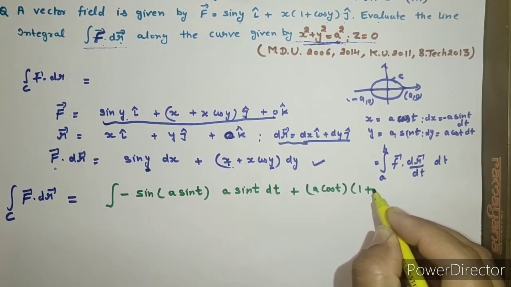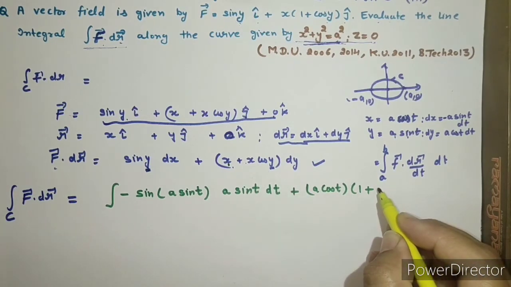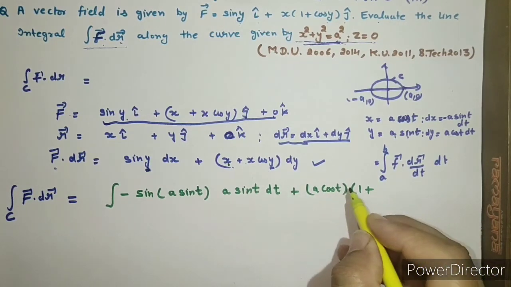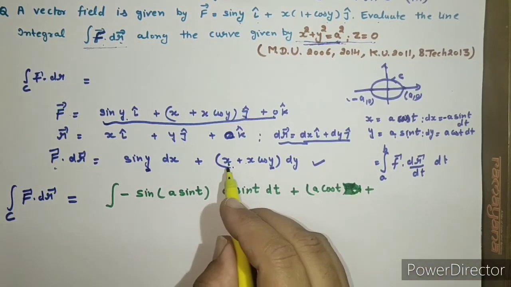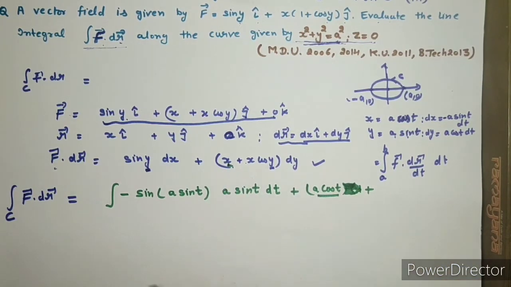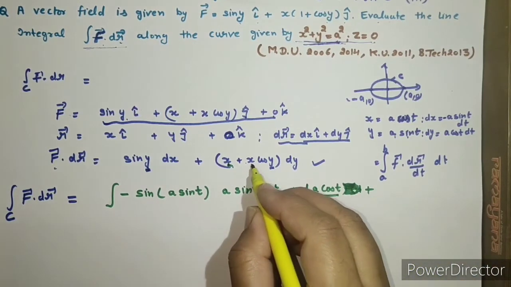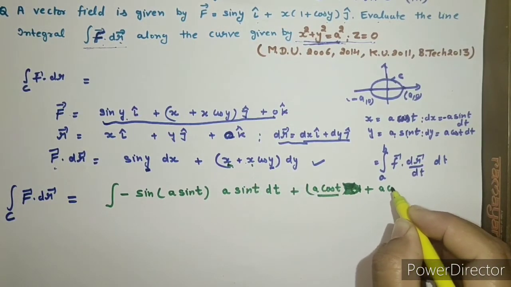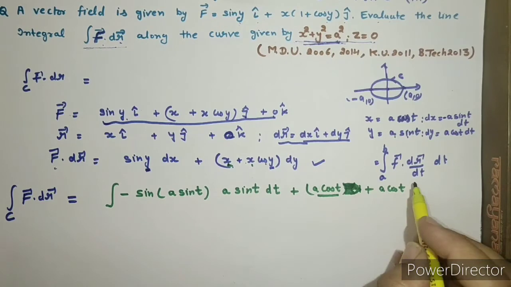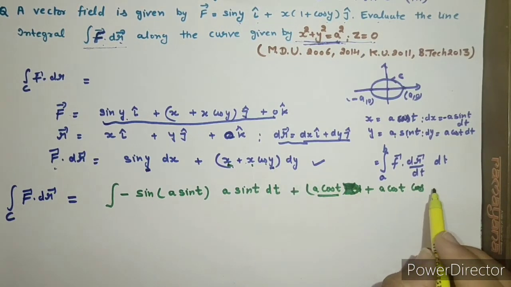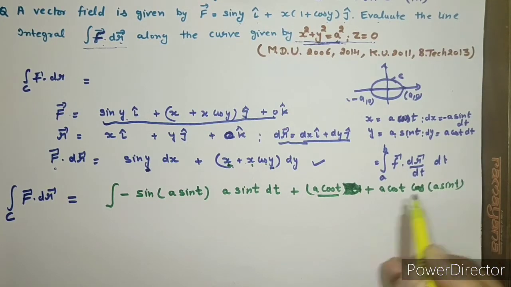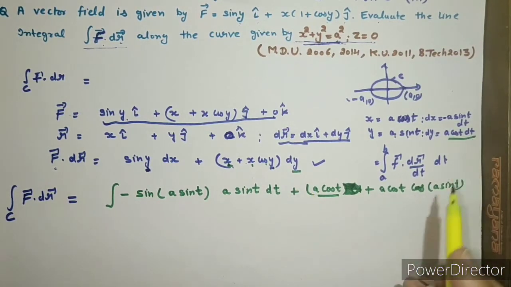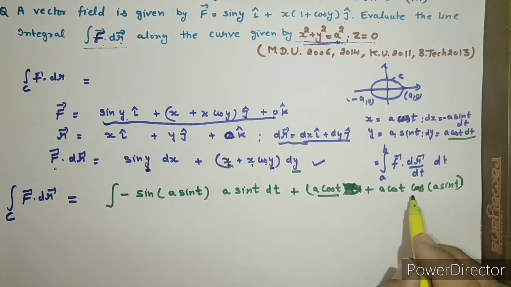तो this is 1 plus, ये क्या है आपका, आप चाहो तो multiply ऐसे कर लो, it's your choice, जैसा आपको ठीक लगे। जैसे आपने यहाँ x put किया तो ठीक है, x की value क्या है, a cos t, तो यहाँ क्या करना है, x put करना है, x फिर क्या है, a cos of t, यहाँ कौन है, cos, तो ये cos आ गया आपका, ये y की value कितनी है, angle में a sin of t, ठीक है। और यहाँ dy है, dy की value कितनी है,